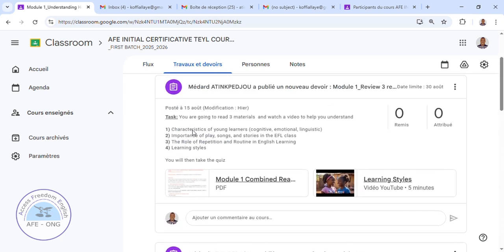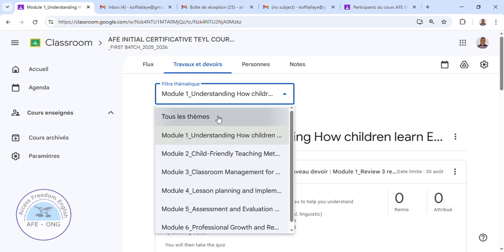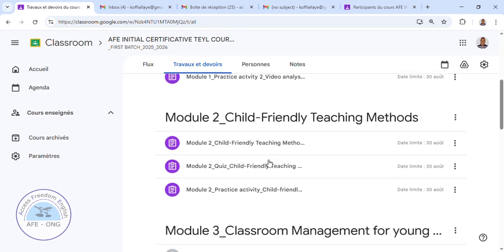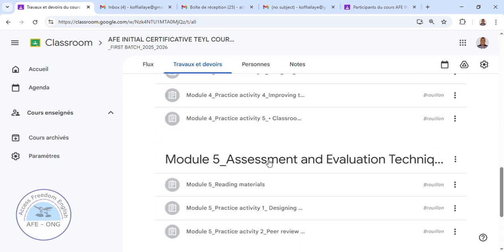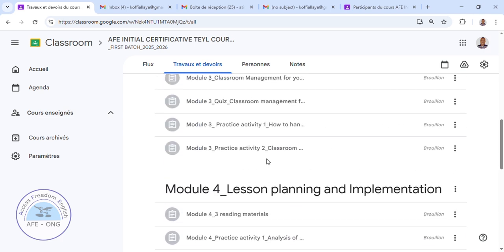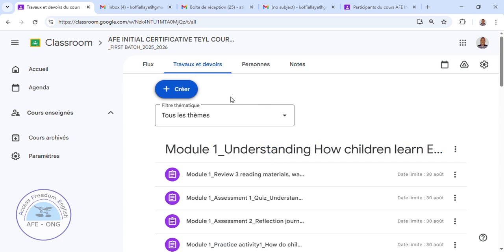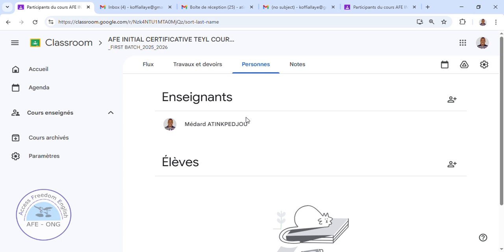You can also decide to see all the modules together. Okay, when it's like that, you will see that there are some which are in, I would say violet, and some in gray. The one in gray means that I've not published it yet, I've not posted them yet,